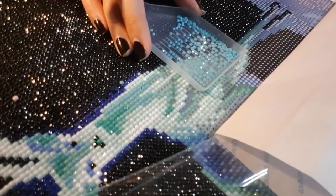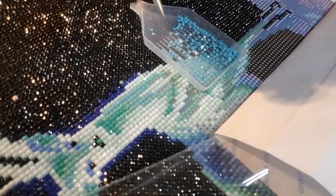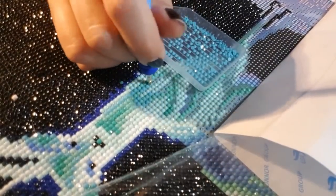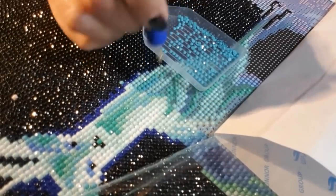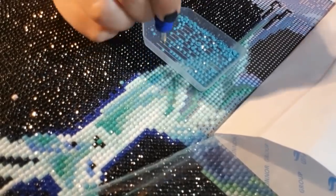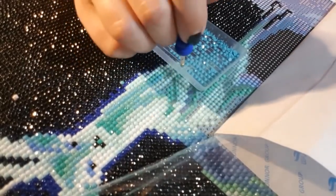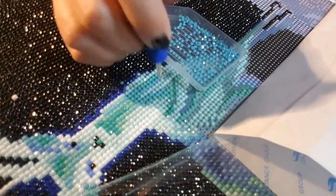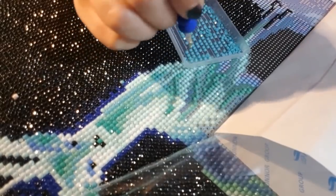Okay, so this is the S symbol. And this is kind of confusing because the drills are darker than this symbol on the canvas. So sometimes I forget what symbol I'm working with. But anyway, I just leave the container lid open and the lid has a symbol on it, so that's very handy. Another reason why you should draw the symbol on the containers you're working with